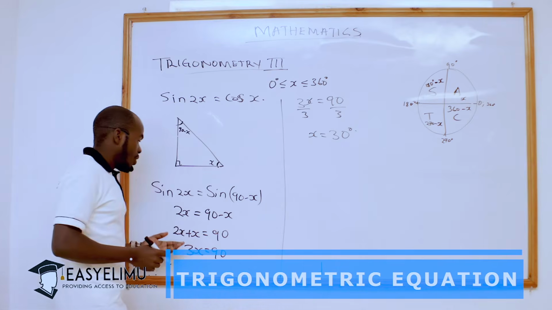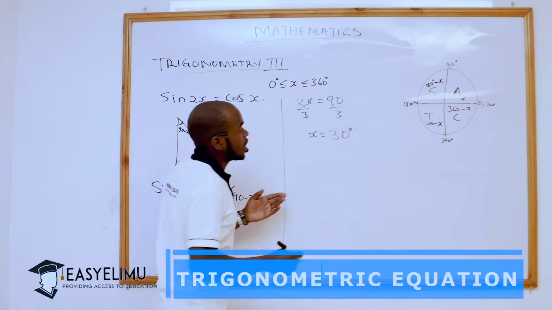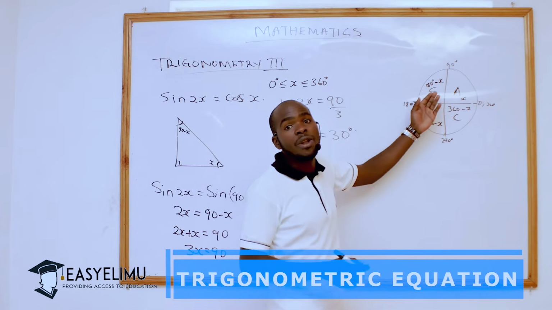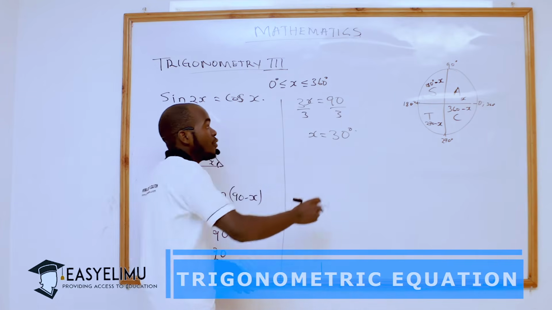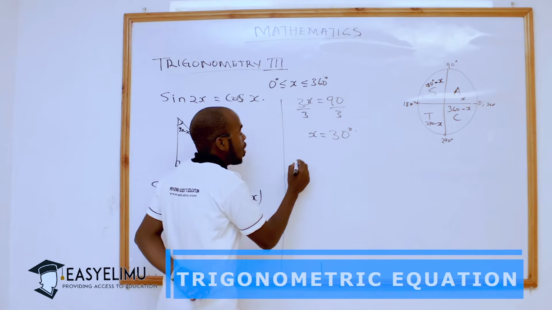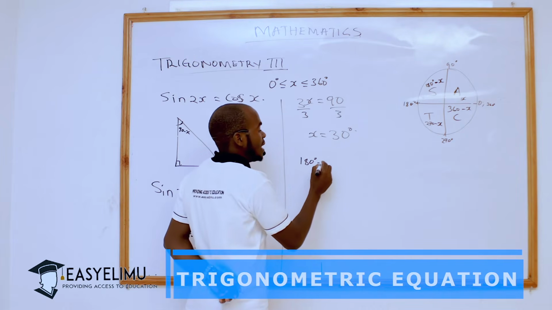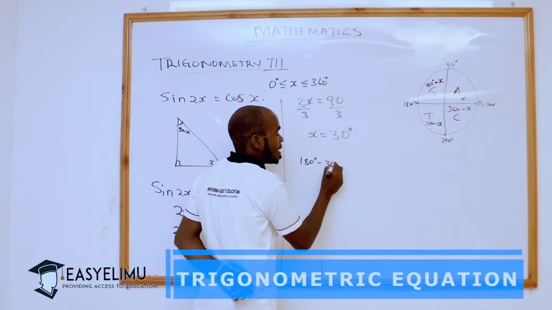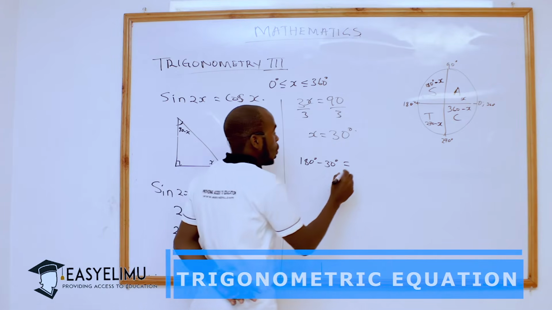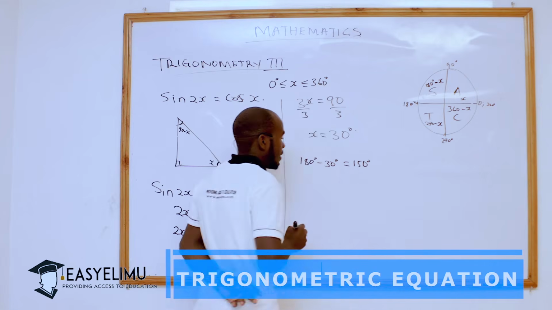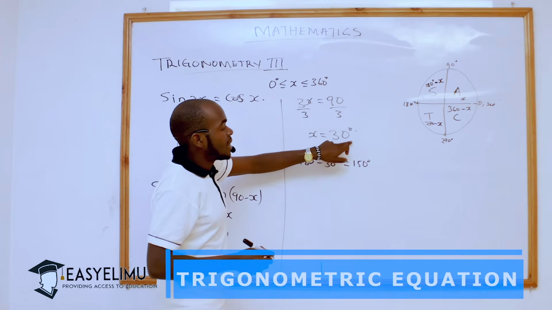And here, we were dealing with a sine equation. So meaning that if we want to find another angle, it will be positive in the second quadrant. So if we want that angle, it will be now 180 degrees, you subtract the x, and our x here is 30 degrees, and you will find our second angle to be 150 degrees. So meaning that our x is either 30 degrees,